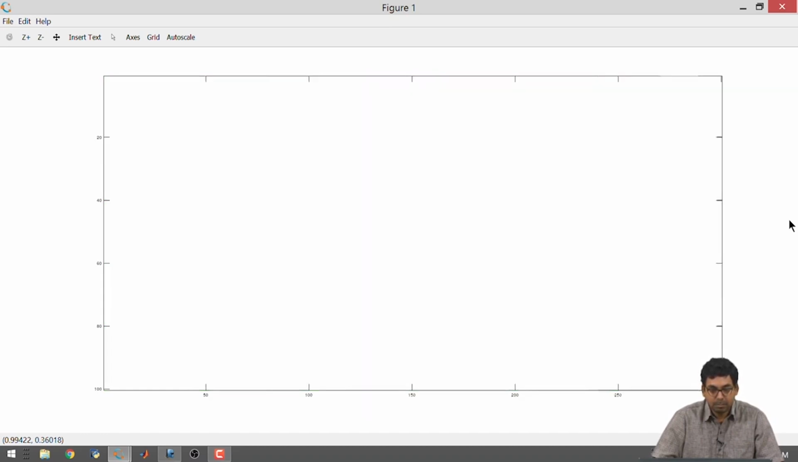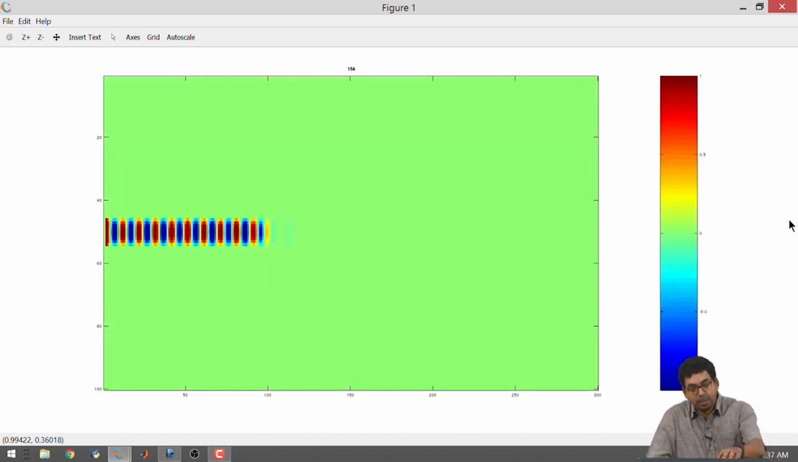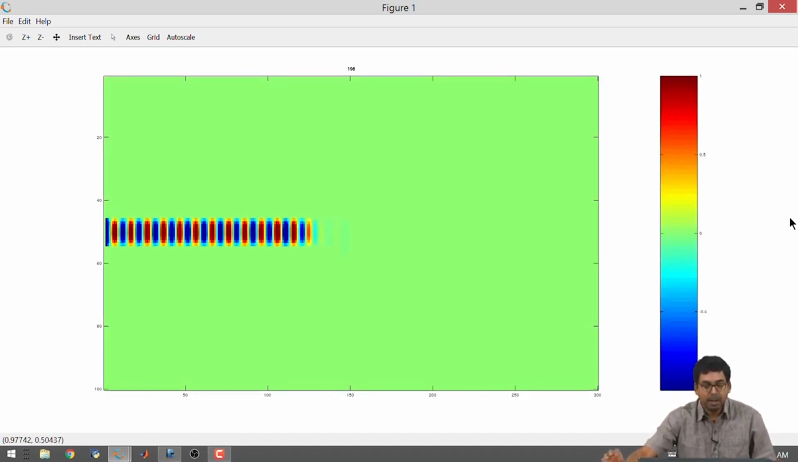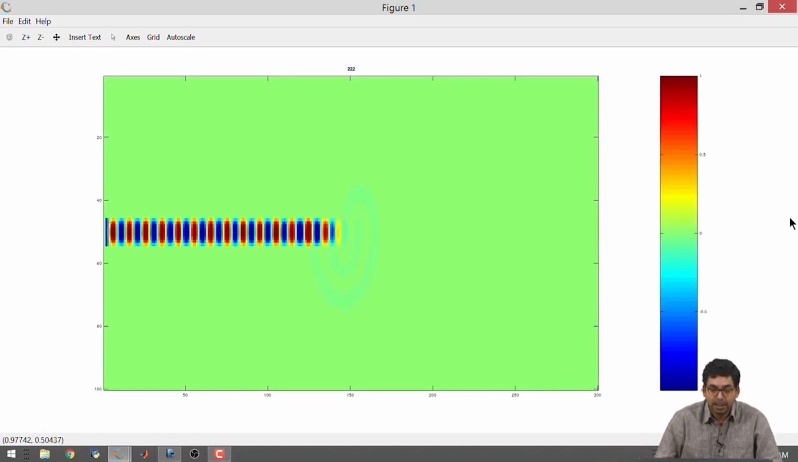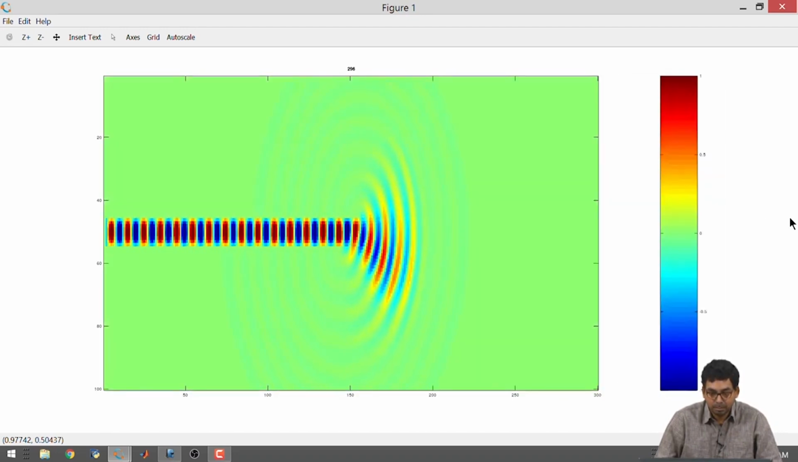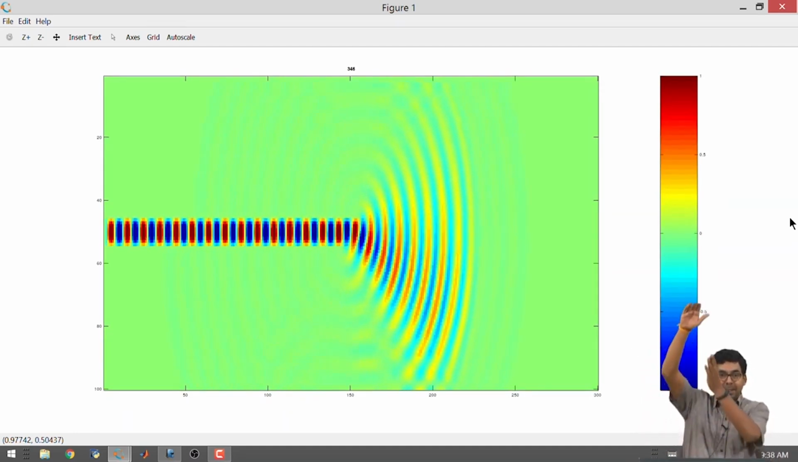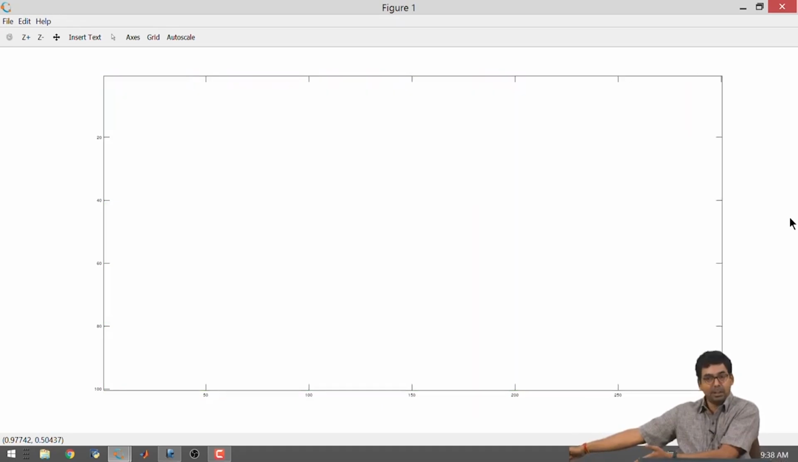So, about the center is where we should see that something happens. It should start exiting the waveguide. Okay, because one plate is longer than the other, it's actually directing a lot of the energy to the bottom